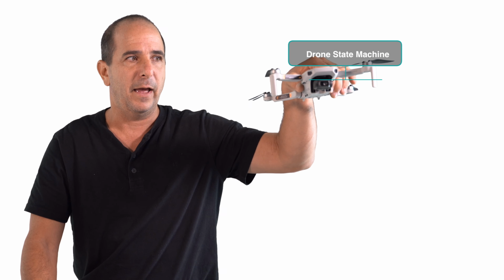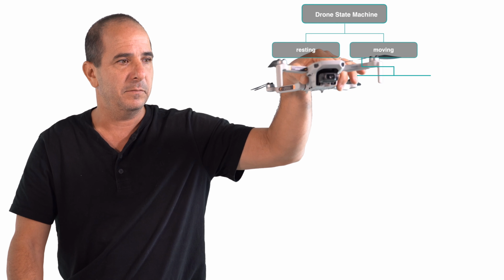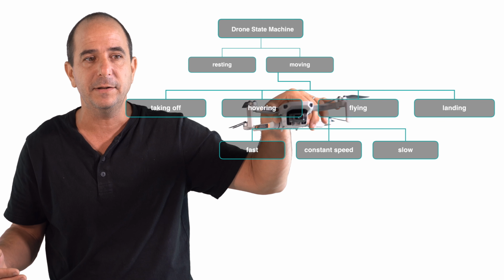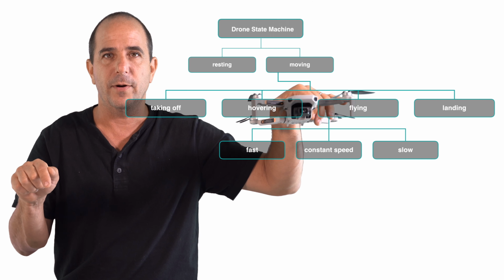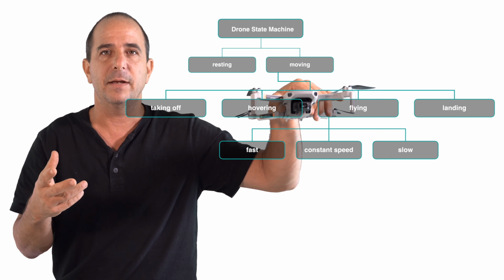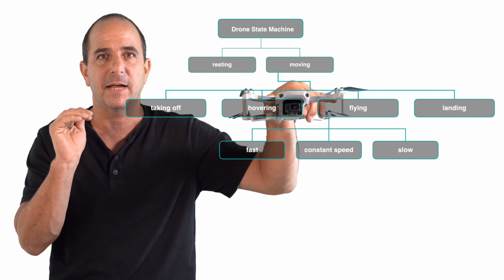But to keep it simple and to keep it machine, let's think of this drone. So this drone could be in a state where it's landing. It could be in a state where it's taking off, and then hovers, and then maybe flies fast or slow, or cinematics. And then I could operate it to land, and maybe landing would have a few substates.